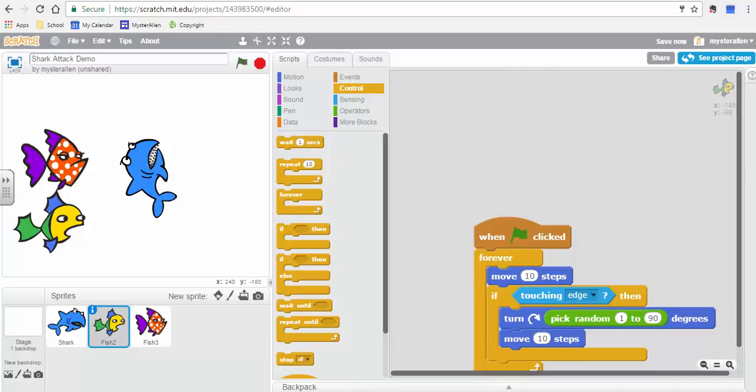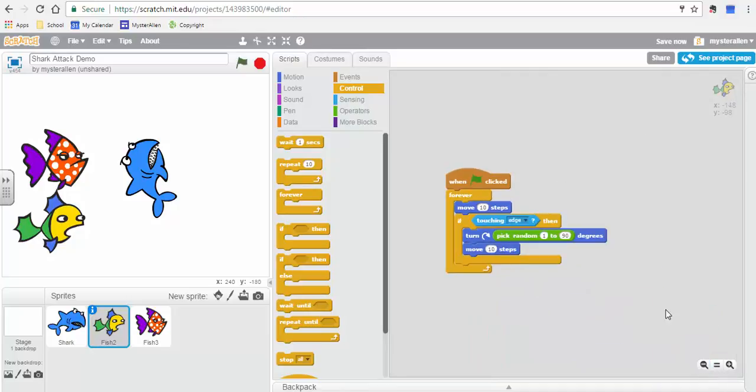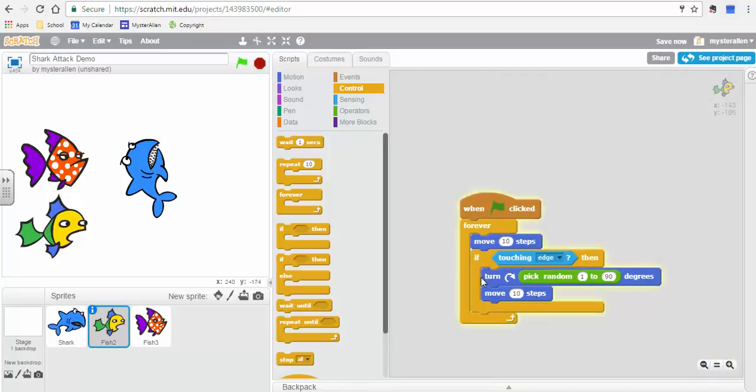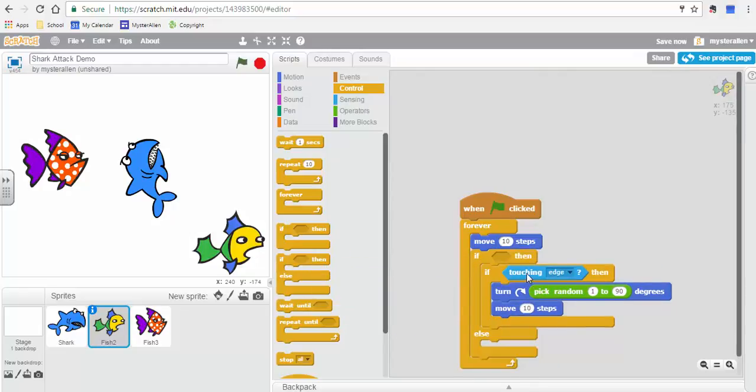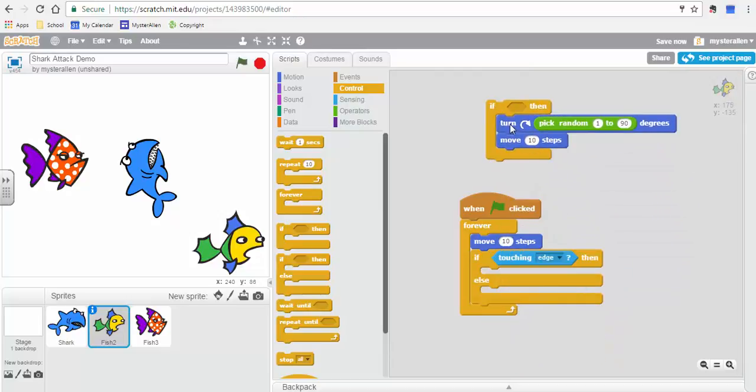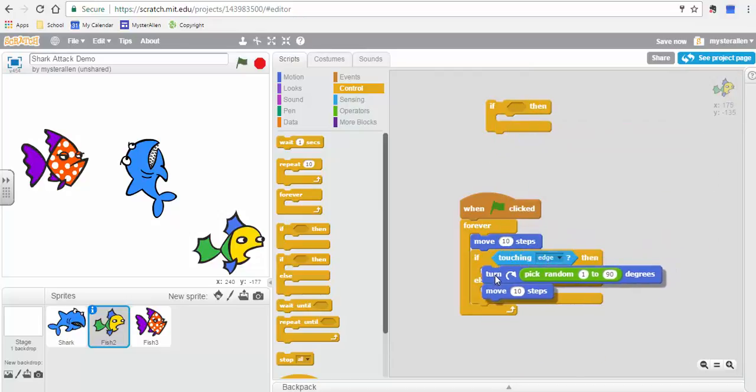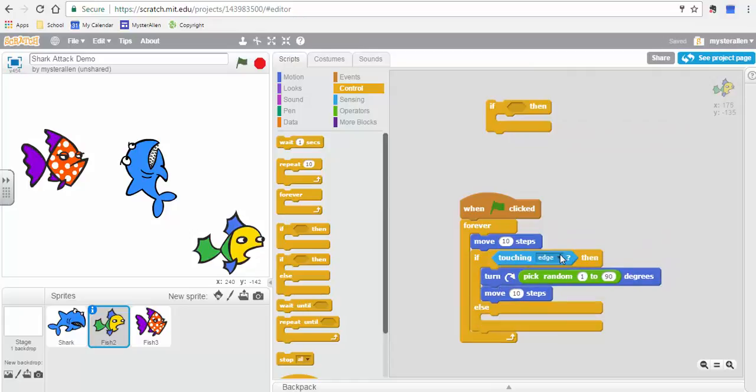And now if I look at what other options I might have here, I don't just want the option to move up, I also want options to go other directions. So instead of just if here, I'm going to use this if else. And I'm going to steal this and put it into there, pull this all out, and this will be the first option. If I'm touching the edge,